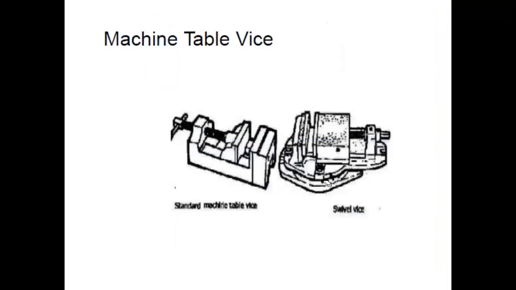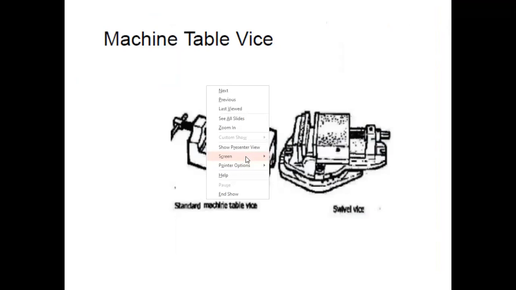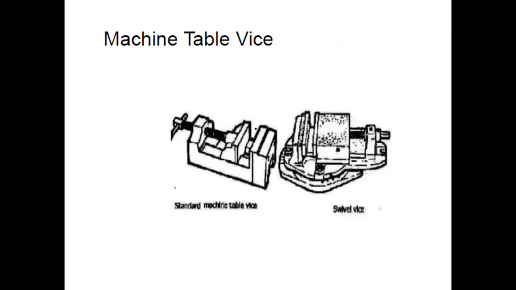And a few more work holding devices: even vices can be used. I think I told you in the last class. You can directly clamp these vices on the work table. This is a typical vise which you use in your workshop, right? Especially in carpentry, how is it done? In carpentry, the wood workpiece is inserted in this, and there are two jaws. A jaw is nothing but a plate, you can say, a movable plate.